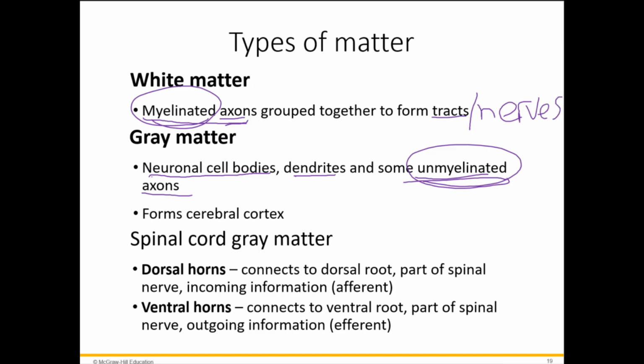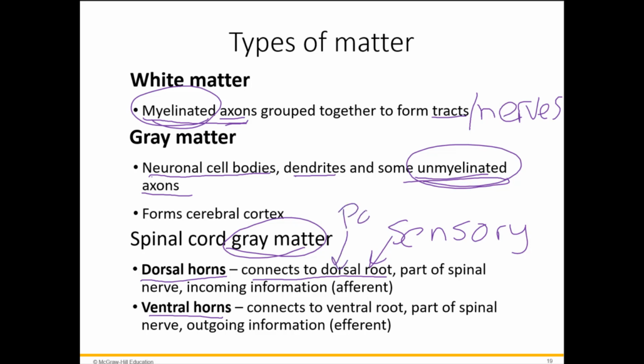Gosh, my writing is terrible, but anyway, in the spinal cord, you have dorsal horns and ventral horns that are gray matter, and the dorsal horn connects to the dorsal root, and the dorsal root is usually sensory. And when we talk about it in humans, we call that the posterior, so it's your back. And the ventral root is like your belly, that is anterior, and it is